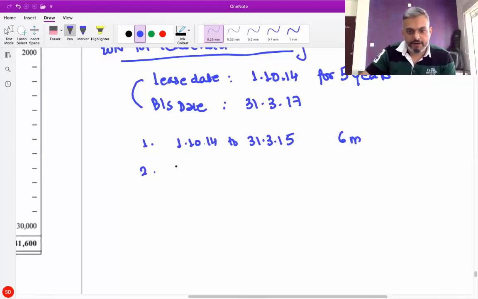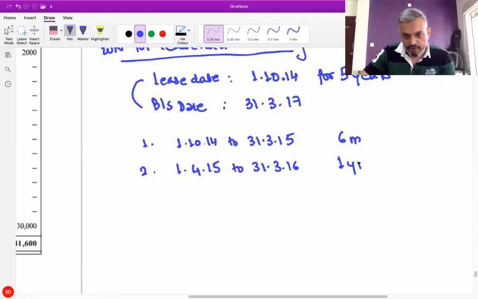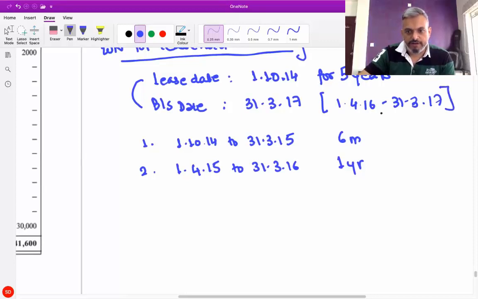Now in the next year, that is 1/4/2015 to 31/3/2016. Now this complete year we have used, so 1 year. Now comes the year 30. This balance sheet date wala year. So that is from 1/4/2016 to 31/3/2017. Now in this year, so far we have not written off, we have not yet passed the entry to